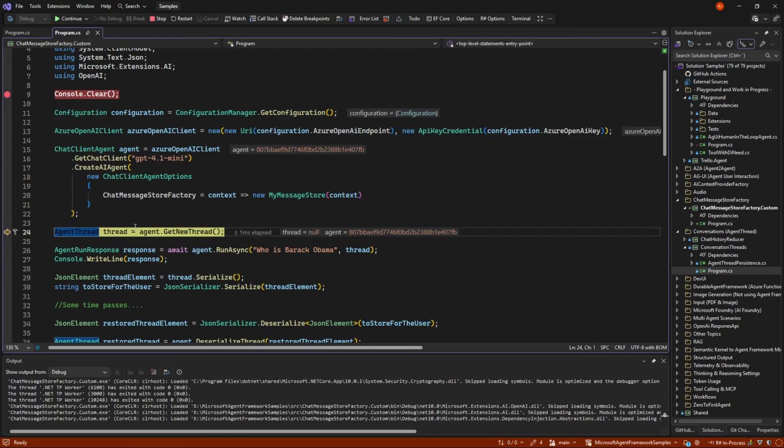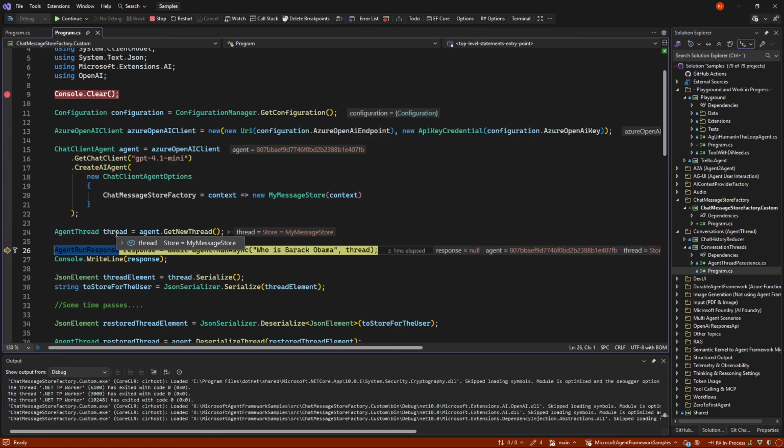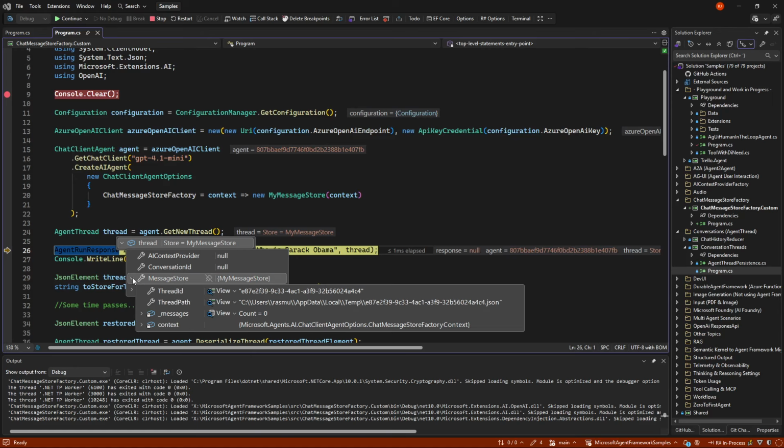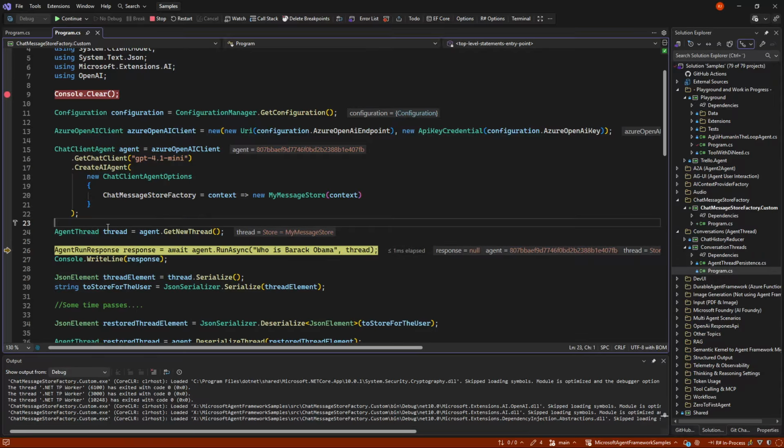And we hit now that we have our new thread. And you can see the store is my store here. So I have my data directly on the system. But that's only because it's a my store. This thread object will not have it by itself. So we needed to convert it to a message store like this if we wanted to.